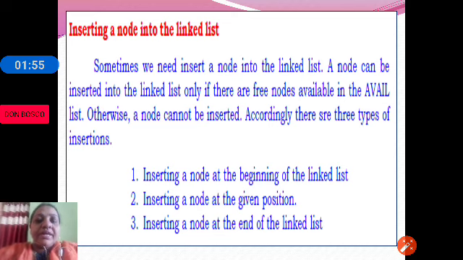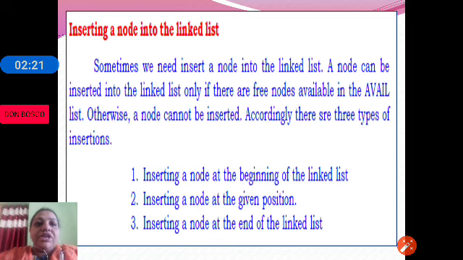When you want to add a node to the linked list, there are different ways in which it is added. Sometimes we need to add a node at the beginning, sometimes at a given position, and sometimes at the end. We will be discussing each one of them in detail.